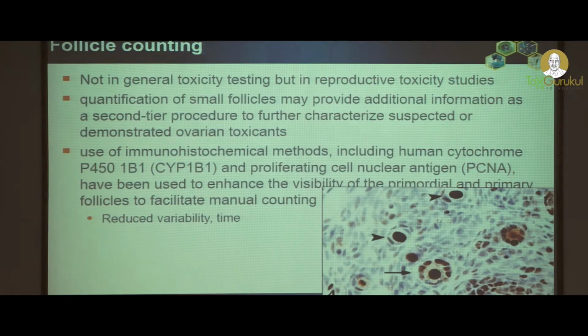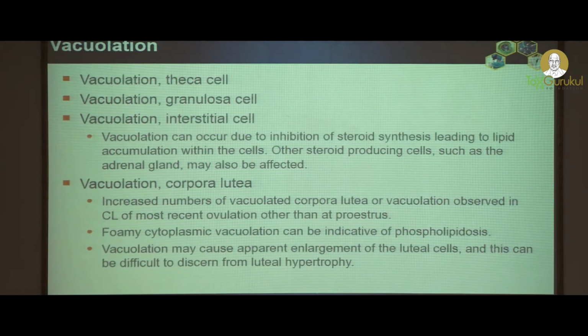Like in the seminiferous tubule staging, there is stage-aware evaluation that we do here. So, what is done here is that the middle third of the ovary is cut into 5 sections 100 microns apart, and then you count the primordial follicles in all the 10 sections. The presence or absence of these growing follicles and the corpus luteum compared to the control is what is used as a technique over here. So, with that introduction, I will move on to the pathological changes that are seen in